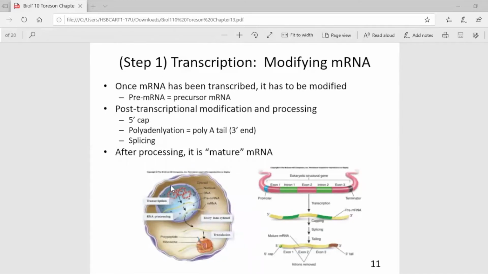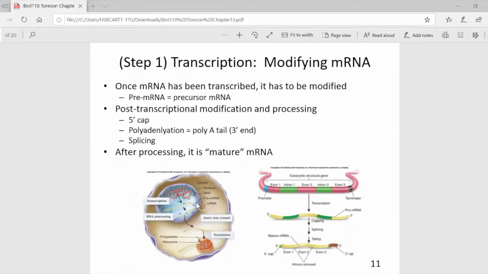So here we see DNA inside the nucleus of this particular cell, and transcription is being represented here. And so here in yellow, we see the immature or pre-mRNA. So this RNA molecule here was synthesized by RNA polymerase, and again, it needs to be modified before it can